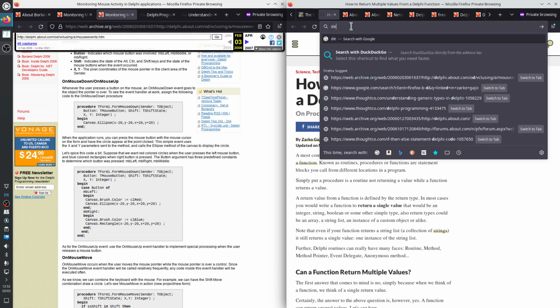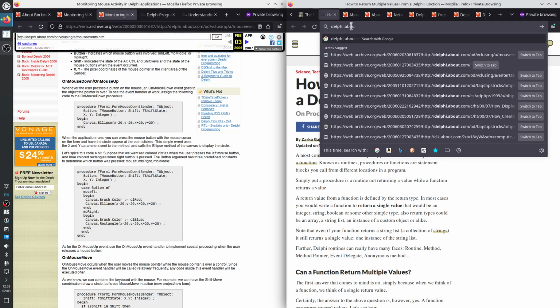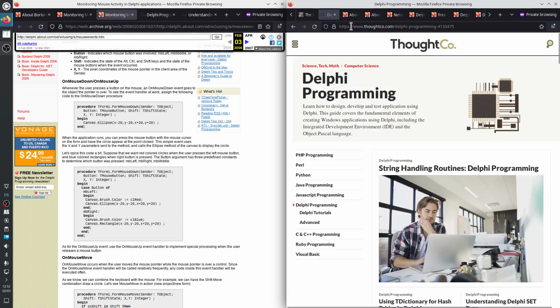So if you go to Delphi.about.com, you're taken to the new version of the site, which is .co.com/Delphi programming.